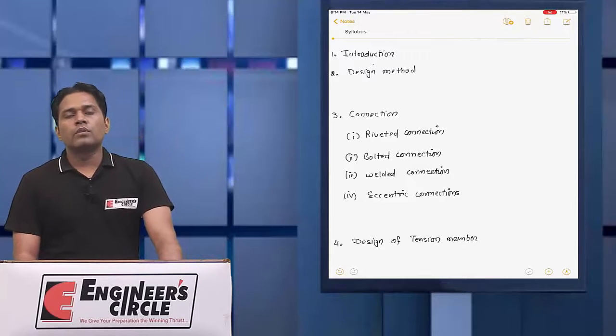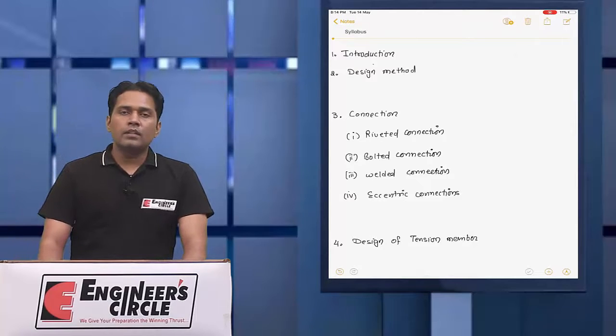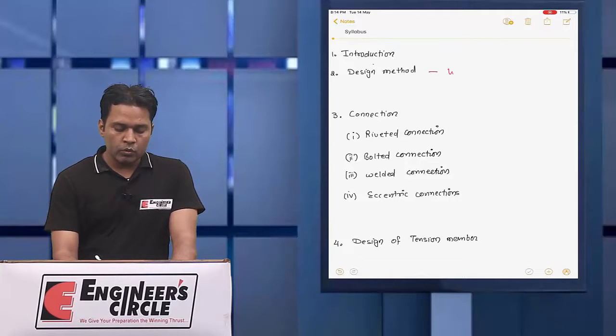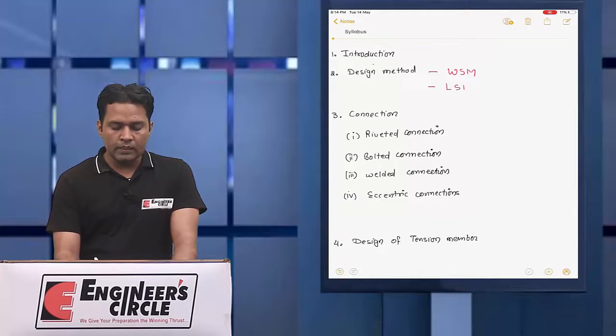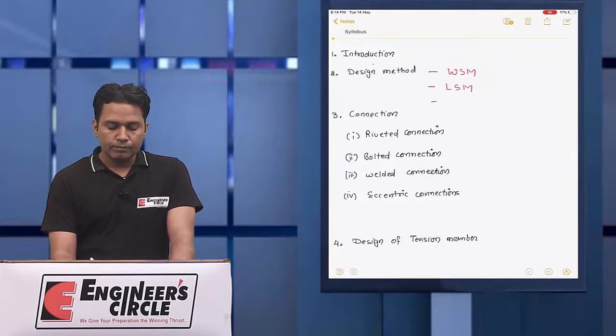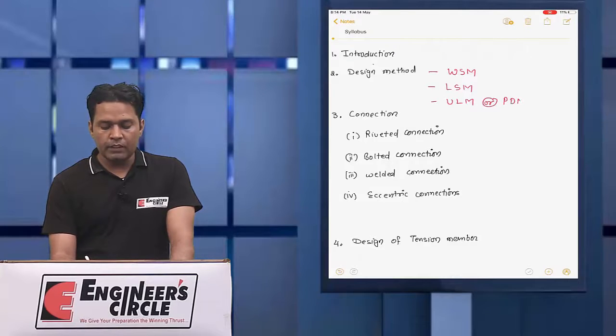As all of you know, there are three methods generally used in the design. One is the working stress method, which is denoted as WSM. Another is the limit state method, LSM, and the next is ULM, the ultimate load method or plastic design method.